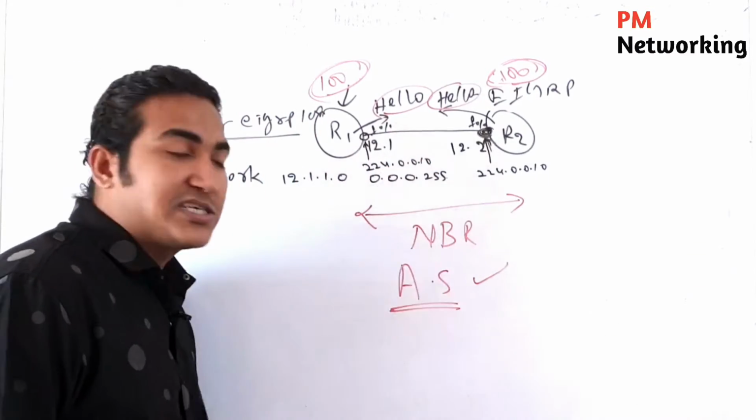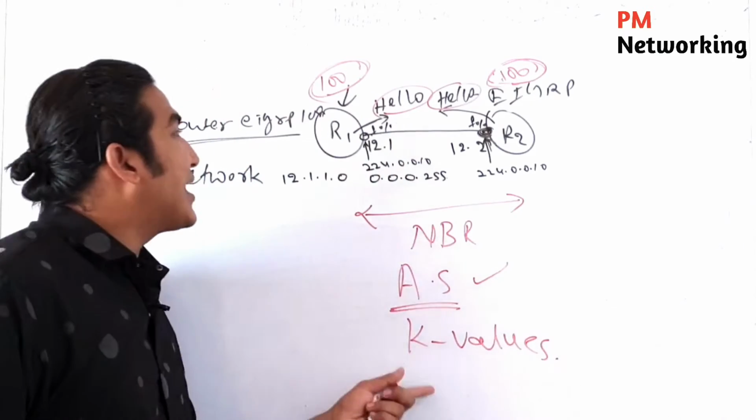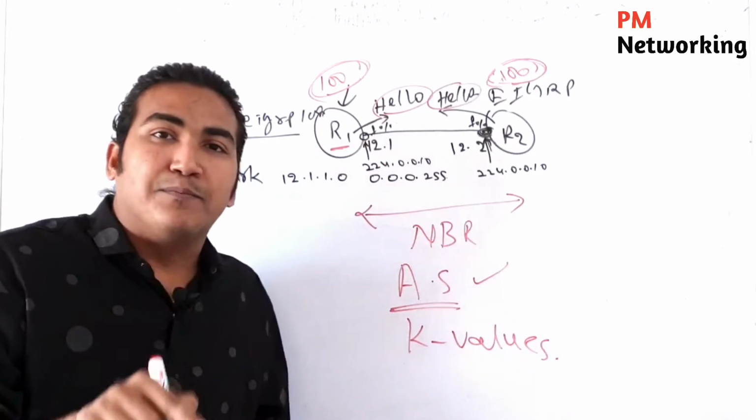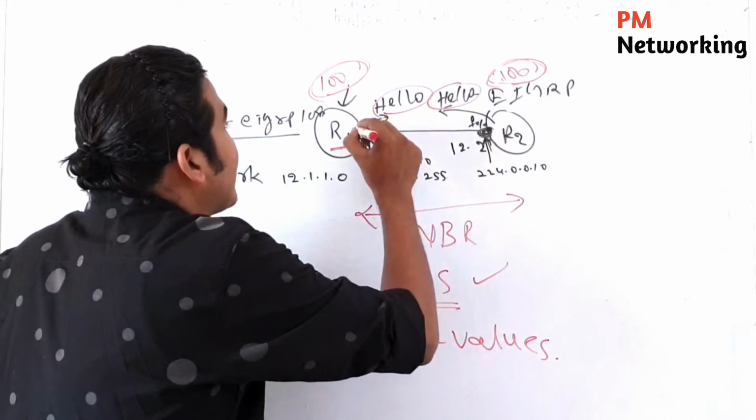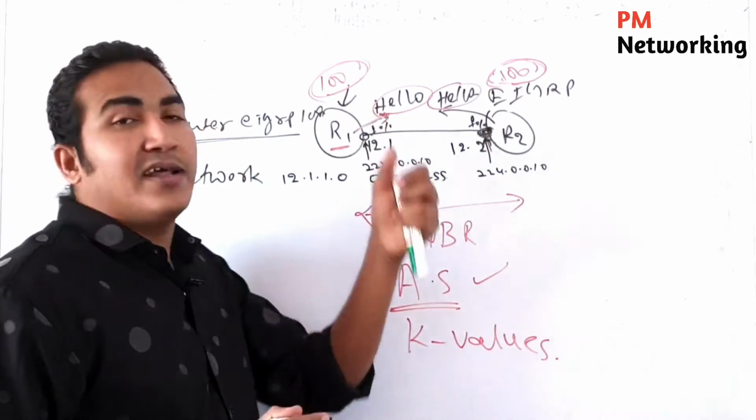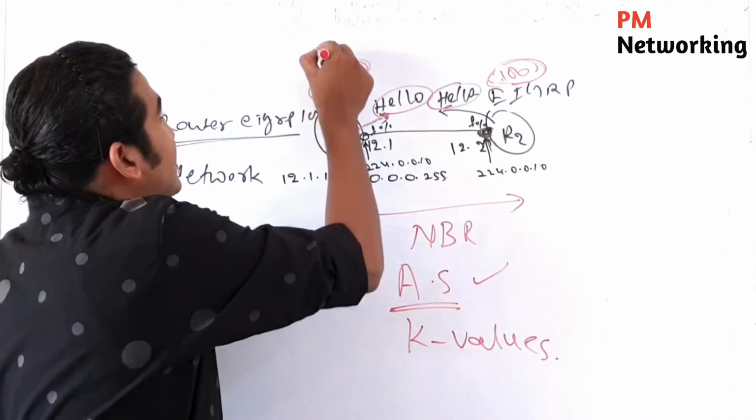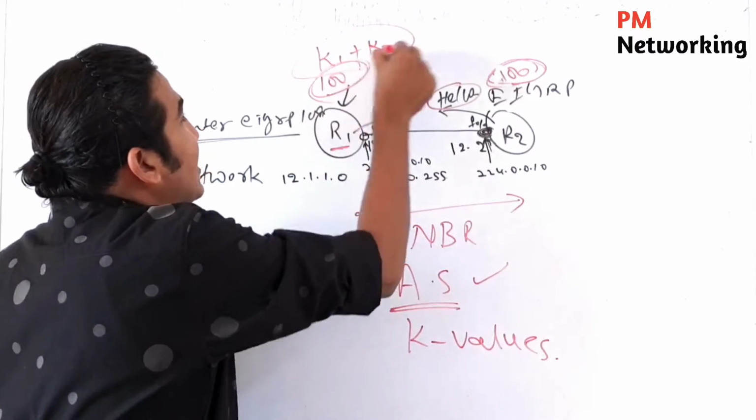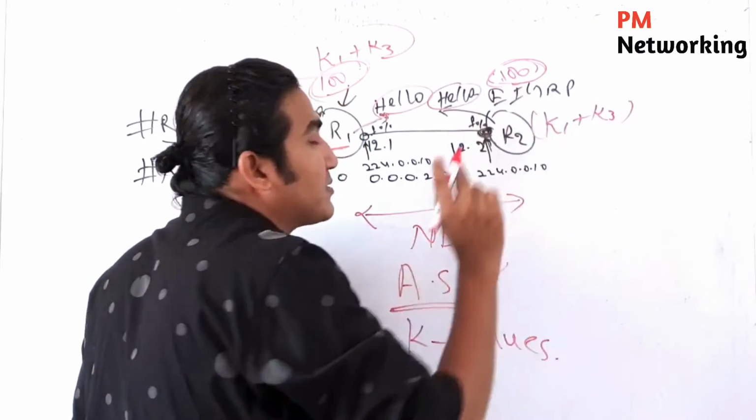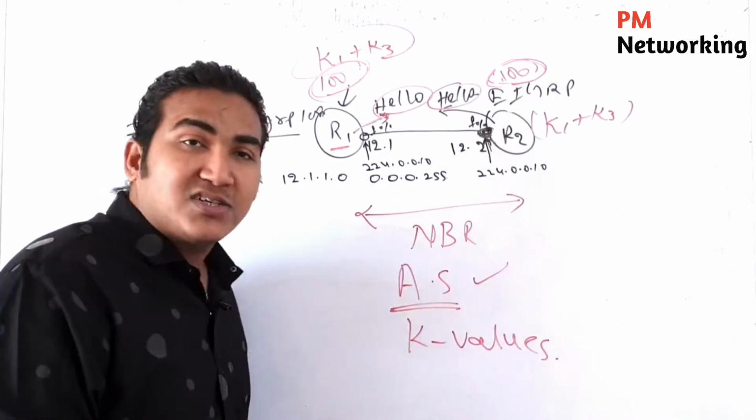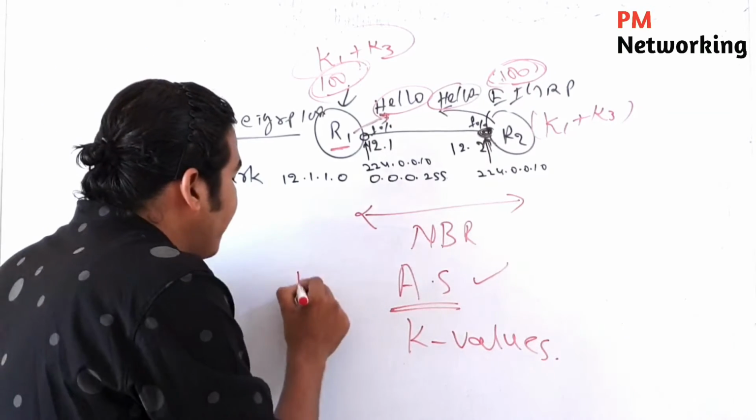After the AS number matches, the router will check K values. So whatever K values I am using to calculate the metric, is R2 using the same K values or not? Actually, when this router sends a hello, it sends the K values that I am using to calculate the metric. By default, this router is using K1 plus K3, as we discussed yesterday, and this router is also using K1 plus K3 to calculate the metric. So this parameter is matched. Now they will become neighbors, and after becoming neighbors, after every 5 seconds,